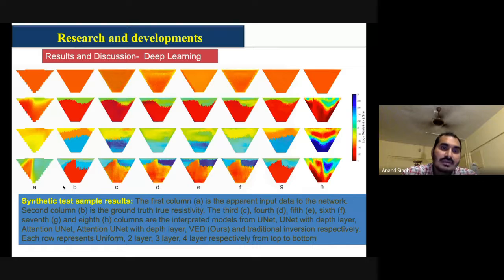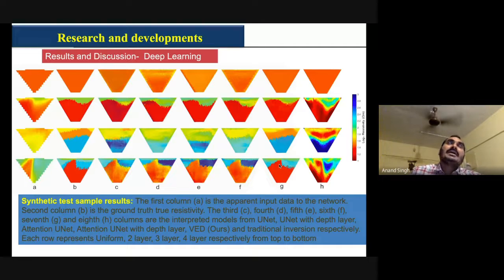A third, we have taken a different four layer problem. One is this greenish color, this is the sky blue, this one is the little darker one, and the reddish one is the fourth geologic unit. Now again, you compare the SEG net and the unit with the depth layer, and the VNet with the depth layer. Then you will notice that it is still providing you better images for this one, right? So it is providing you the better result.